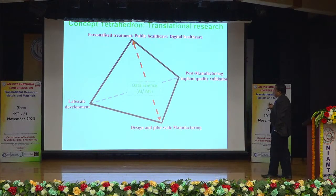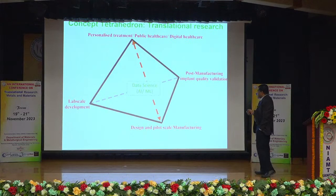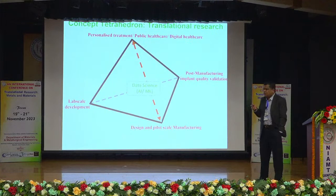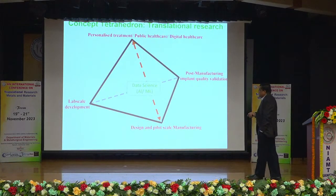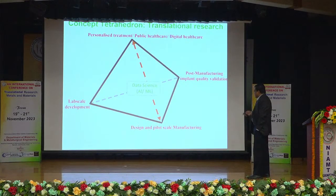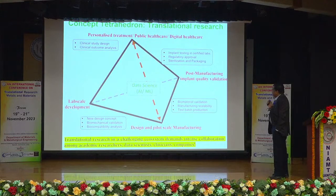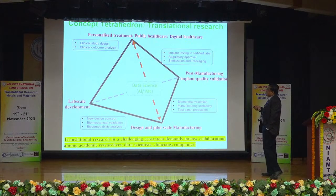Let me introduce you to translational research in the context of healthcare or biomedical engineering based on biomaterials and implants. If you look at this tetrahedron, being metallurgists or material scientists, we are very much used to this kind of tetrahedron because of what we call the process, microstructure, property, performance correlation. Similarly, lab scale development goes to design and pilot scale manufacturing, and post-manufacturing implant quality validation, and subsequently it will have an impact not only on personalized treatment but also on public healthcare